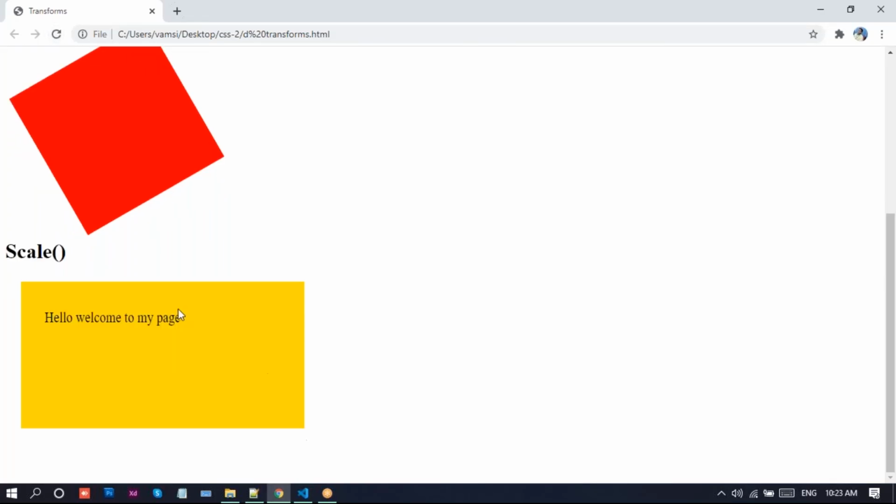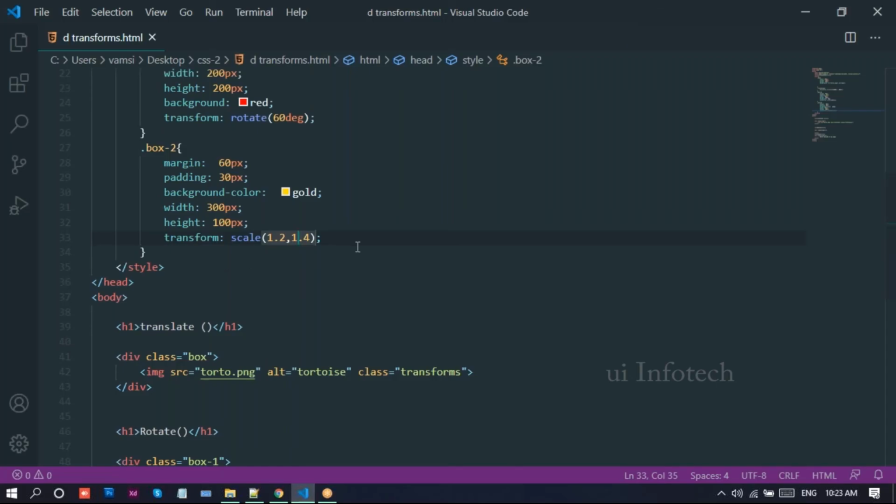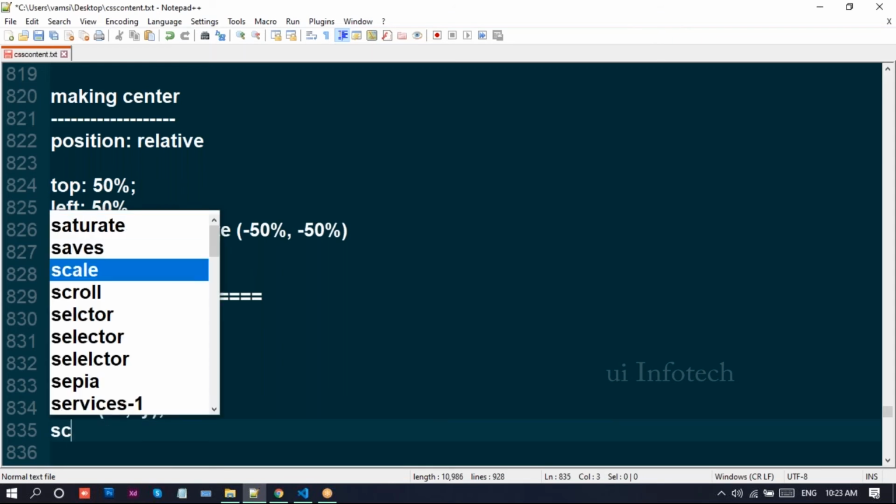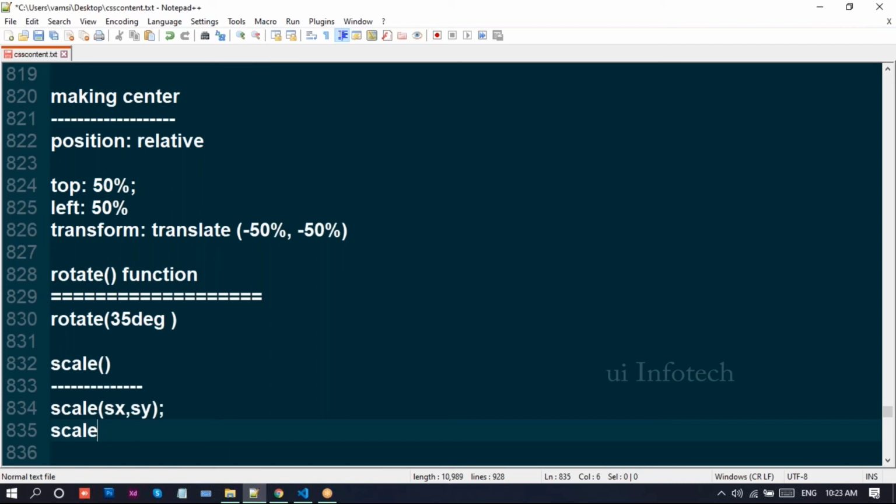In this scale, we have values like scale x and scale y.